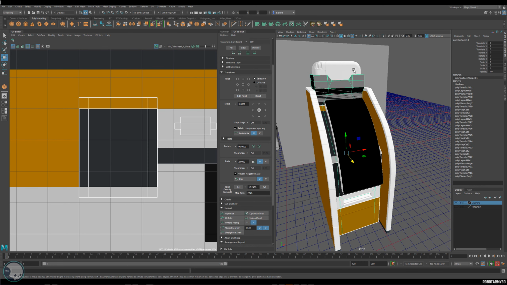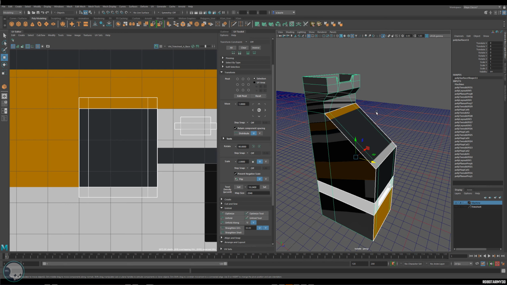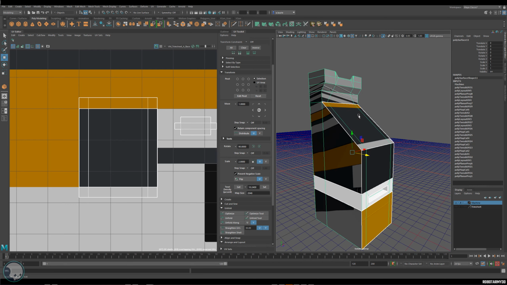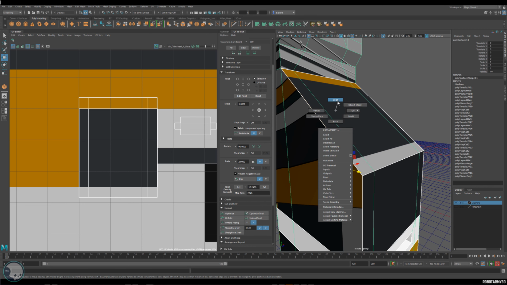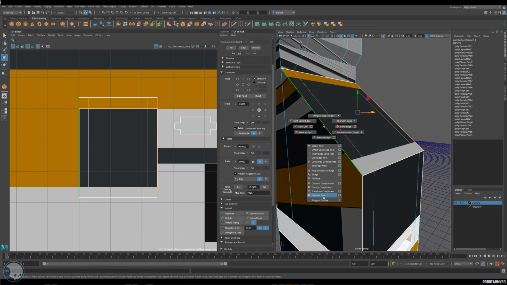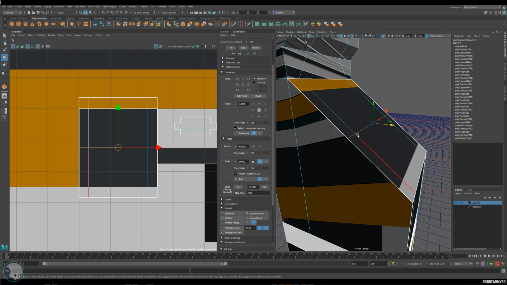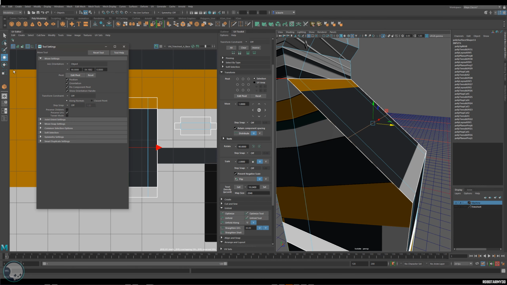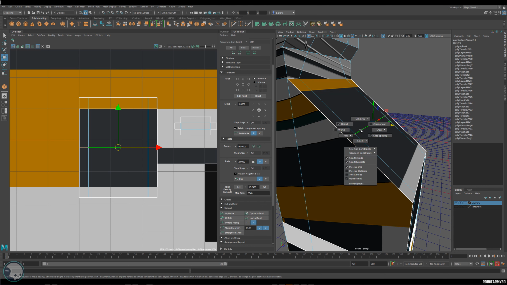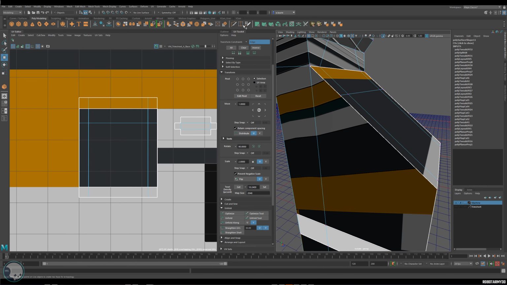So if we just select just this object and isolate it again. Now I want to put a cut across to add some extra detail to this. So I'm going to grab these edges here and connect. And then I want to move these up, but I want to move them along the edges. So if we just go to our tools, we can turn on transform constraint and go to edge, or we can shift control, right click, and go to transform constraints and go on edge slide, and that'll allow us to just slide this up and down. So I want to put this somewhere like here, and then I'm going to just go to cut and clean this up, make sure there's no end-ons,